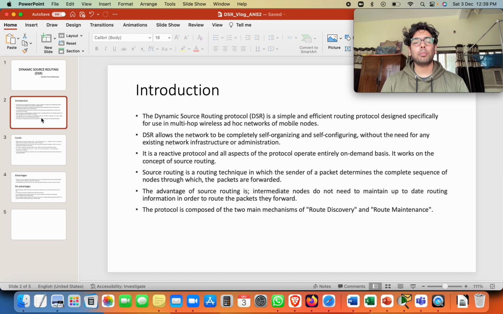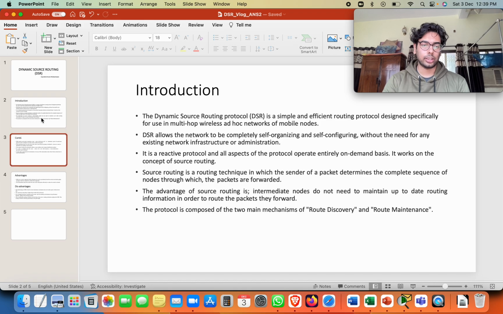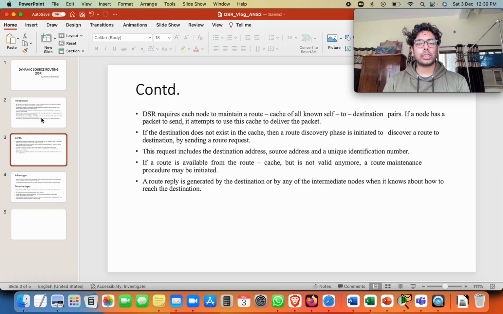The protocol is composed of two main mechanisms: route discovery and route maintenance. DSR requires each node to maintain a route cache of all known self to destination pairs. So every node will maintain a cache of all the routes for all the known nodes. For intermediate nodes, if they know the path from them to the destination, they will store this path in this route cache. If a node has a packet to send, it attempts to use this cache to deliver